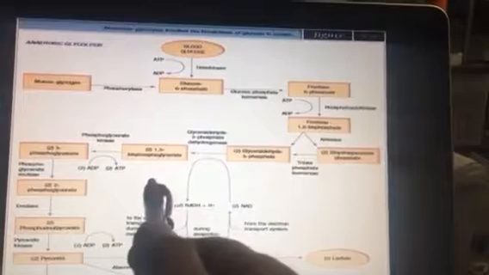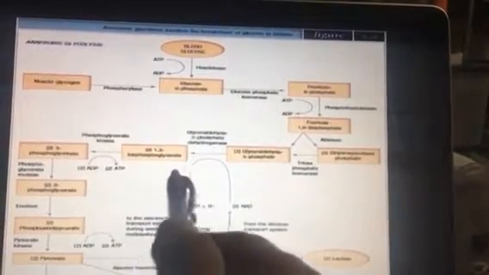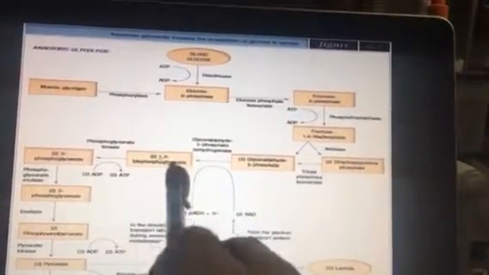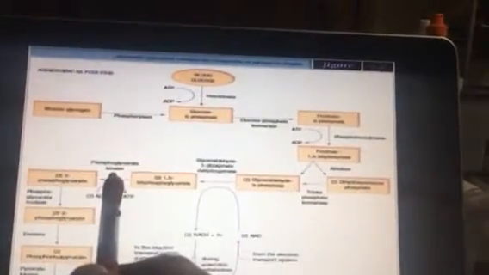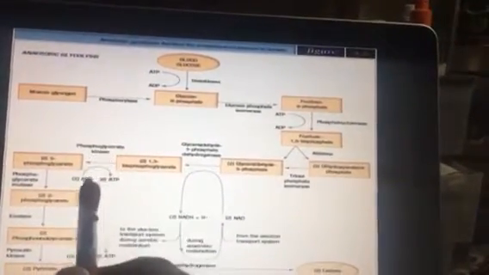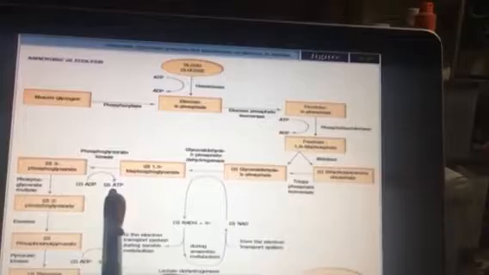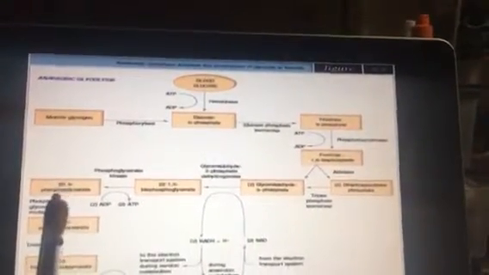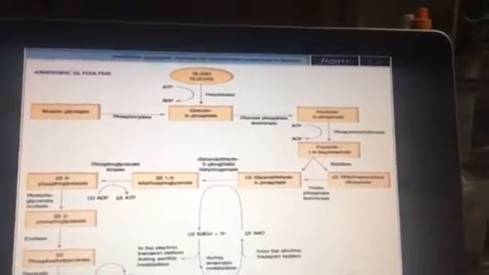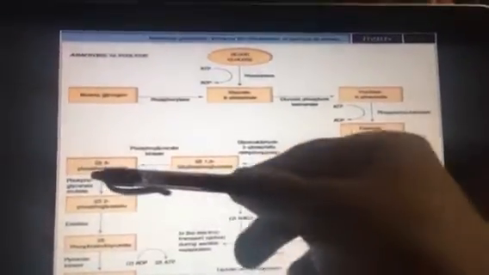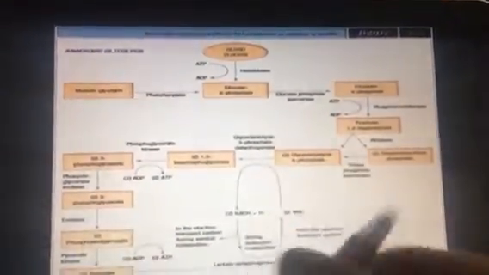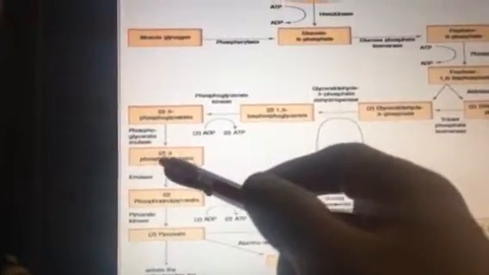1,3-bisphosphoglycerate. And as the enzyme phosphoglycerate kinase produces 2 ADP and 2 ATP, it also catalyzes it to 3-phosphoglycerate, while another enzyme, phosphoglycerate mutase down here, turns it into